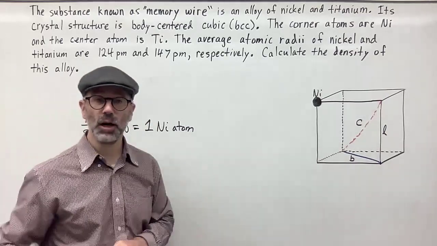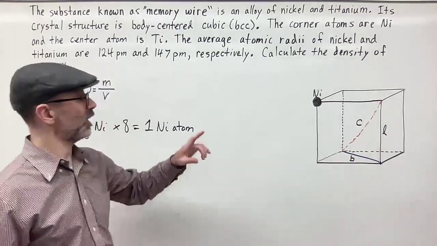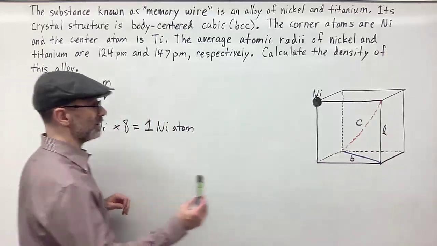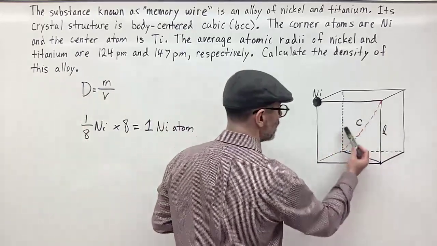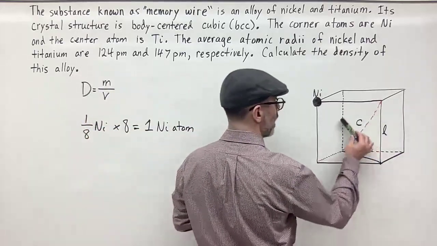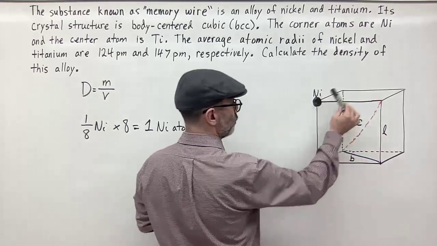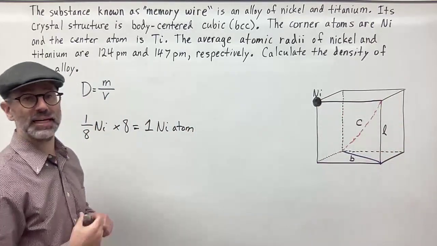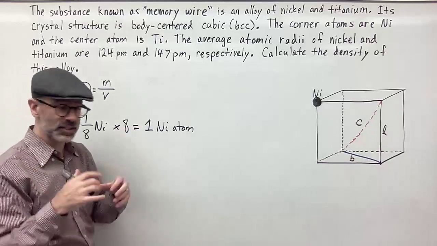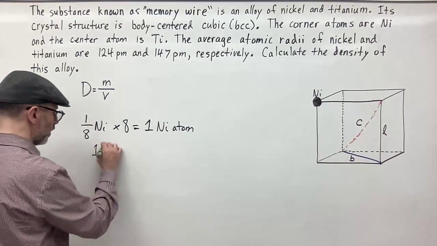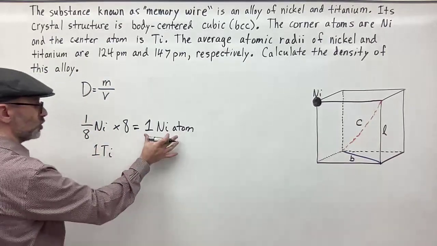Now, what about the titanium? Titanium, we're told, is at the center. So at the center, we have 1 titanium atom, and that's it. At each of the corners, we have nickel atoms, and that's it. So that means that contained within this 1 cubic space, we have 1 titanium atom plus 1 nickel